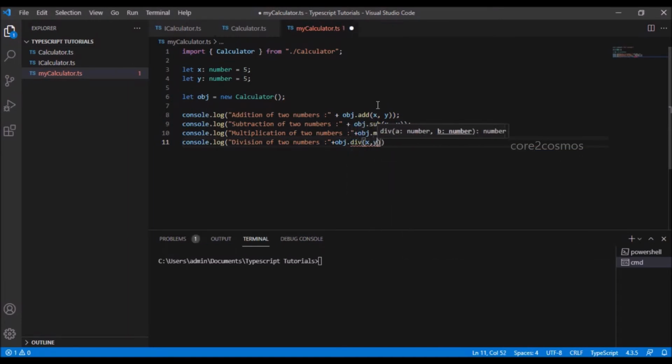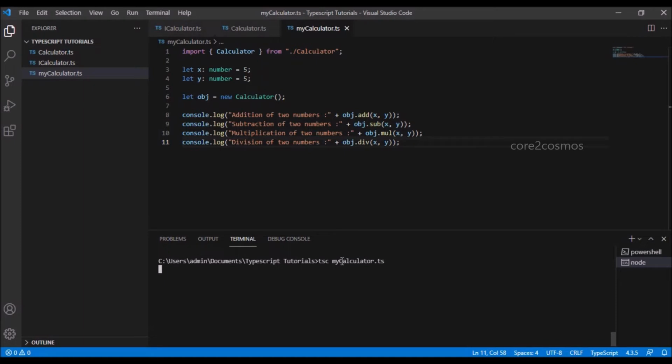So basically, I have accessed all the 4 interface methods that are implemented in the class calculator. Now let us try and run this program by saying tsc space mycalculator.ts.